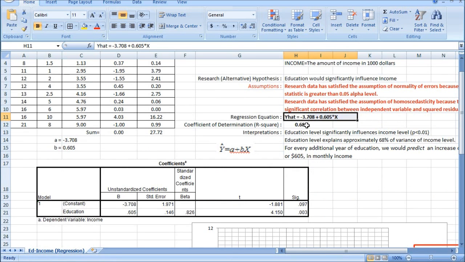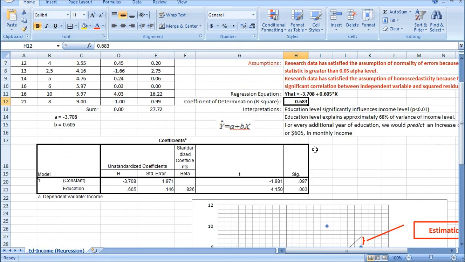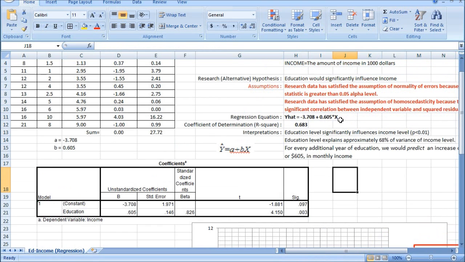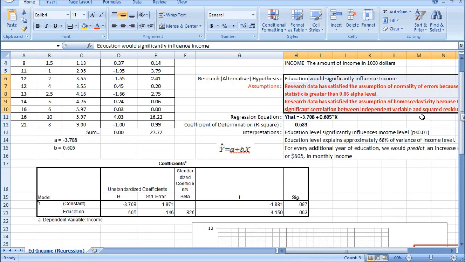Get the R-square from the SPSS output. Then interpret what you've got from the SPSS output appropriately, like this. That's what you are supposed to do. This is a complete set of regression analysis.